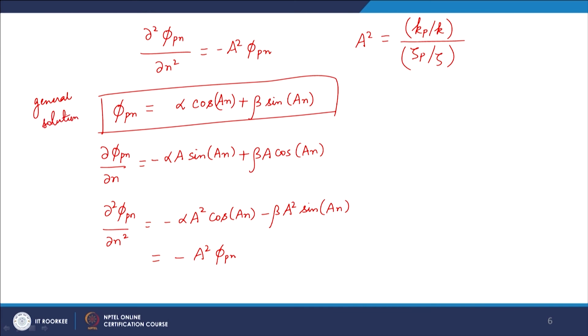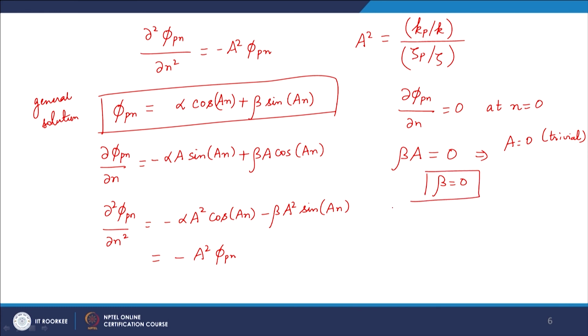and if I now use the first boundary condition, at n equal to 0, we can put n equal to 0 here. The sine term is anyway 0. The cos term will give me beta a is equal to 0. You can see a equal to 0 will be a trivial solution because this will give me the k_p values to be 0. So, we go for beta equal to 0,